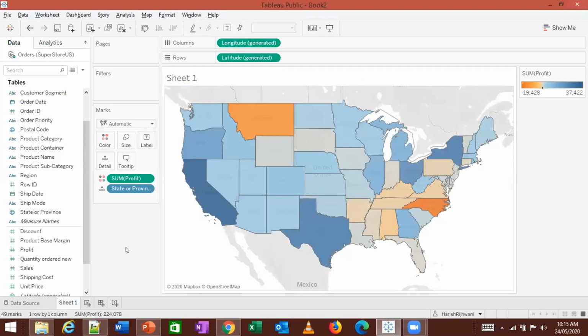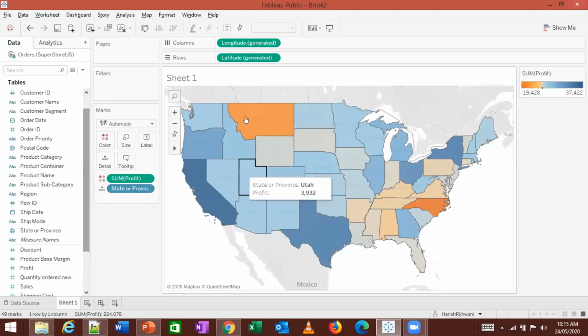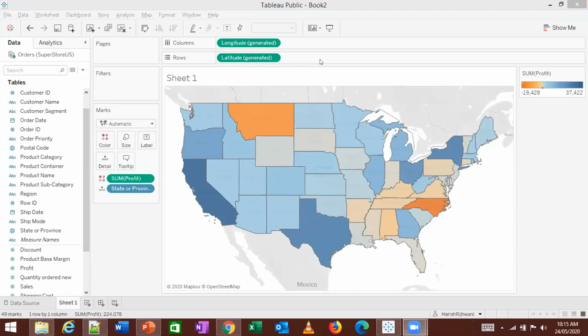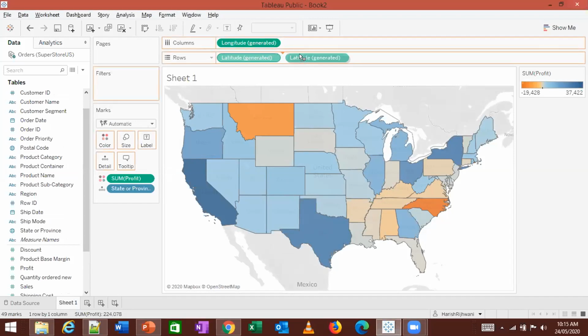All right. Now, like yesterday, I want you to add another map in this map itself. Split this and add the sales. So to add the sales, what do you need to do?